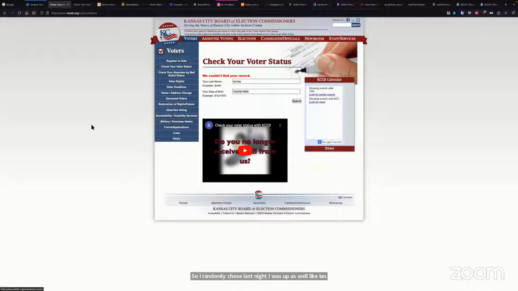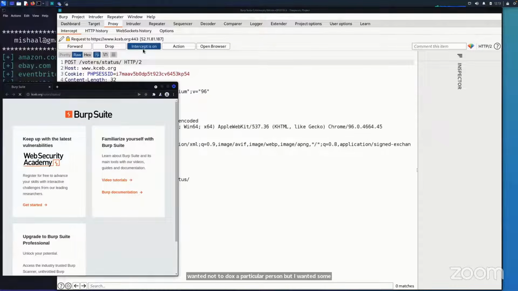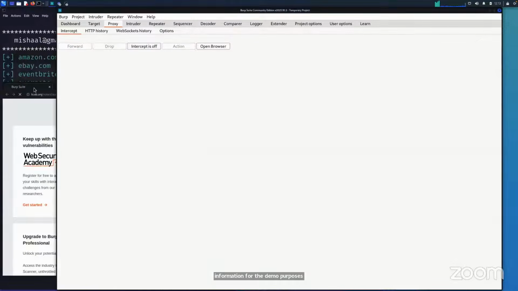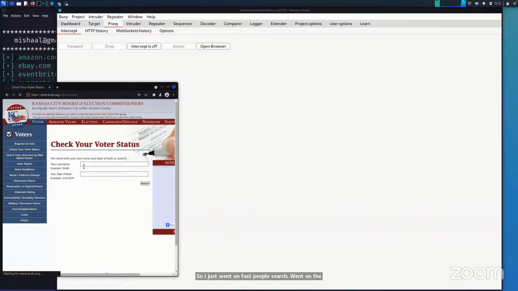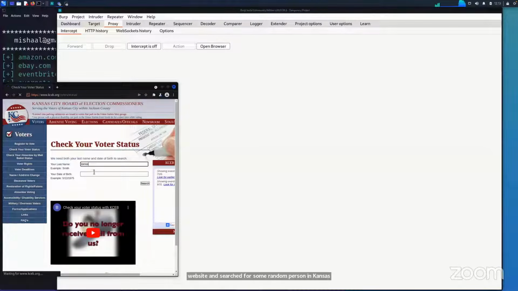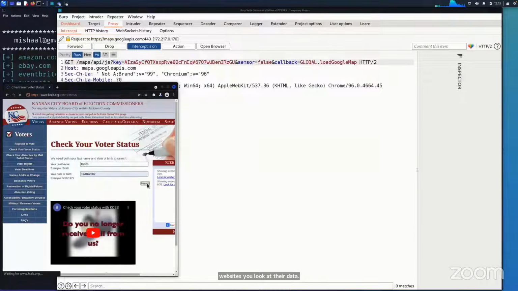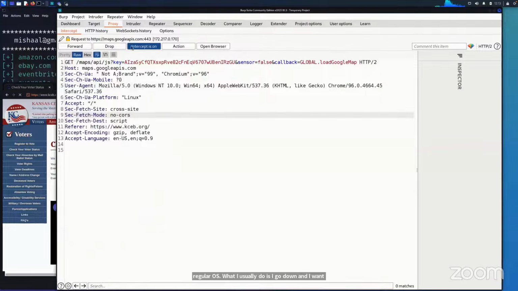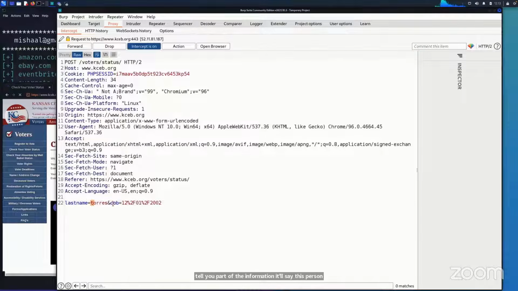So an easy way to go through this is to open up Kali Linux and open up this page. Let me turn intercept off and load this page again. So this is the voter registration page. I put in that name and that date of birth and I click. Before I click search, I'll put intercept on and press the search button. This is not a tutorial on Burp Suite, but have a look at what happens when I press forward. So here's the actual field I'm after.